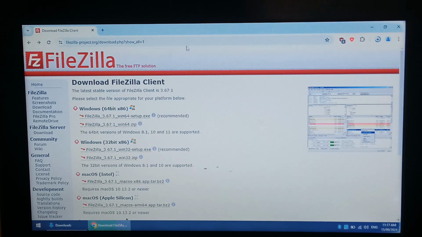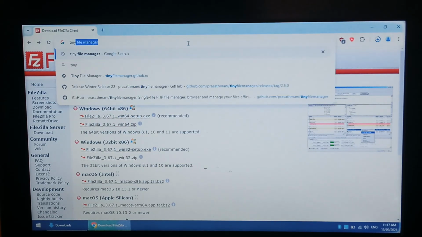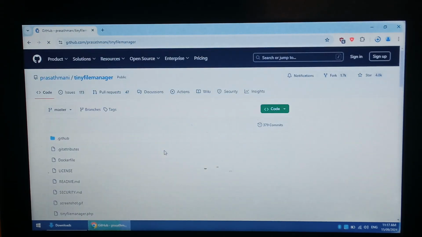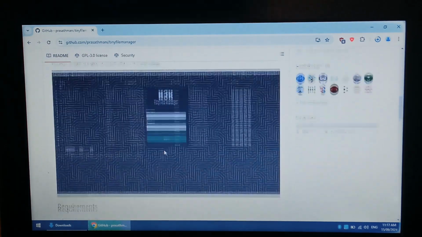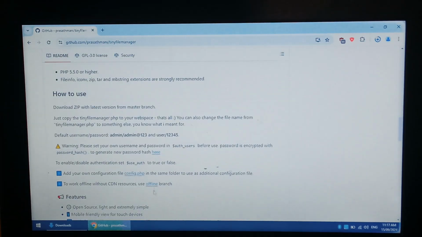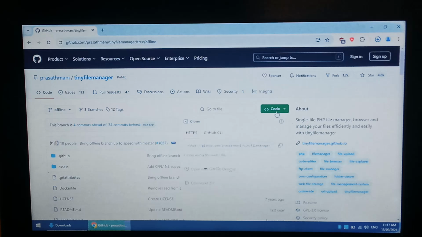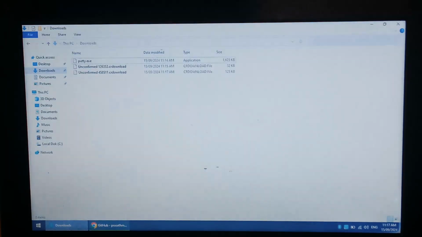We also want to download Tiny File Manager, so we'll just type in Tiny File Manager, go to the Git link. I'm going to go down a little bit because we do want the offline branch, and there it is there. We'll go to code and download zip. Go to our downloads folder. While they're downloading, we'll open up PuTTY,